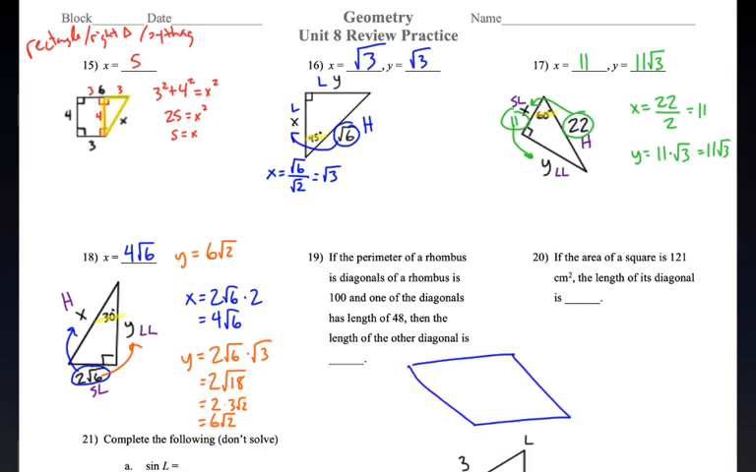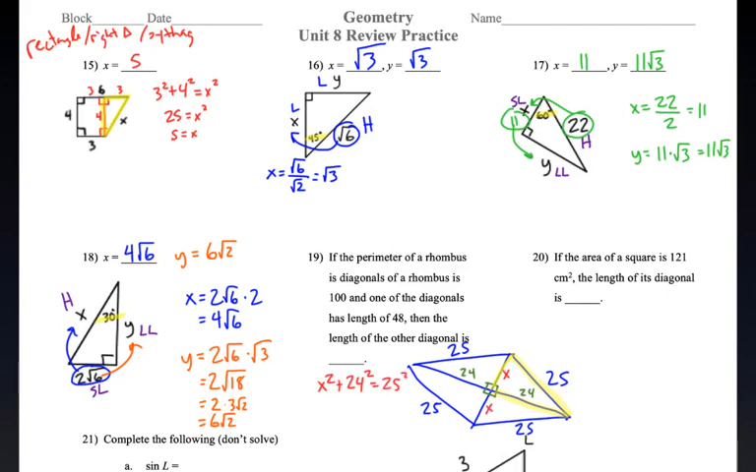If the perimeter of a rhombus is 100, well, a rhombus is an equilateral quadrilateral, so all of those sides are congruent. That's 25, 25, 25, 25 all the way around. If one of the diagonals has length 48, that splits that diagonal into two congruent parts, 24 and 24. There's a right angle in the middle, a property of a rhombus, so now I can go Pythagorean theorem